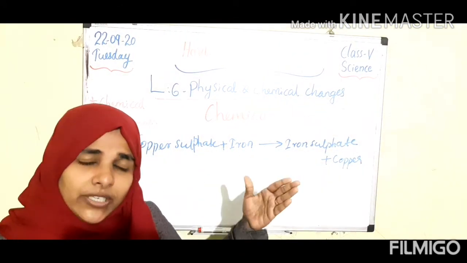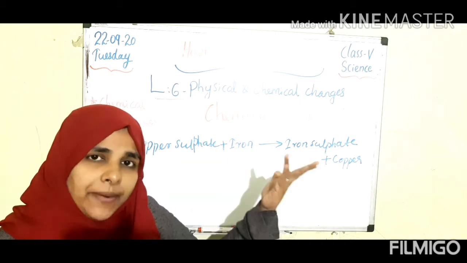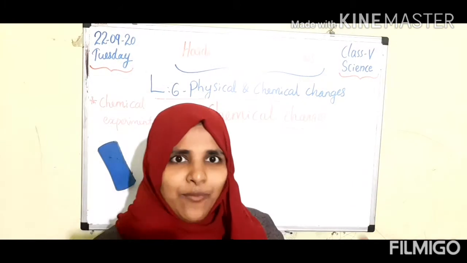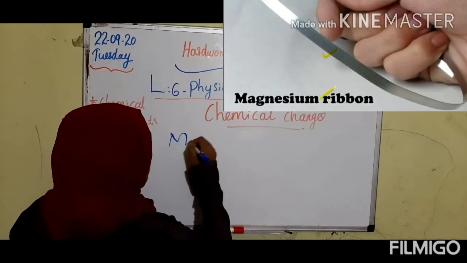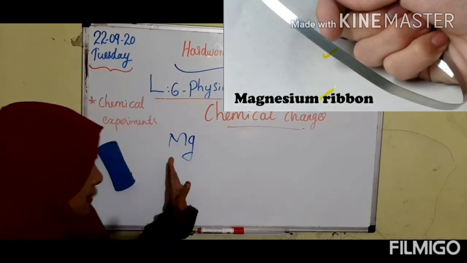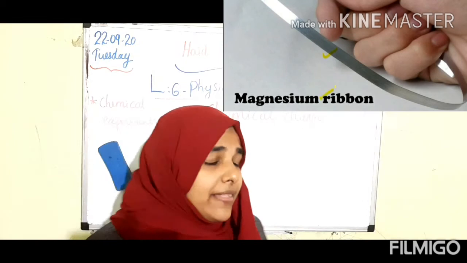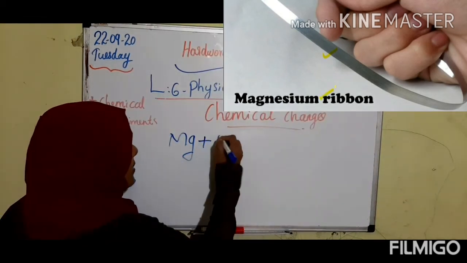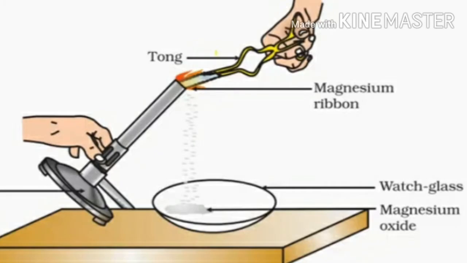I already told you that in a chemical reaction maybe heat is produced, light is produced, or color may change and smell also comes like that. We can check one more chemical reaction experiment. That is magnesium ribbon. Do you know magnesium ribbon, children? That is a silver color ribbon. Okay. Bring the tip of the ribbon near the candle flame. When it reacts with the flame, what will happen, children?